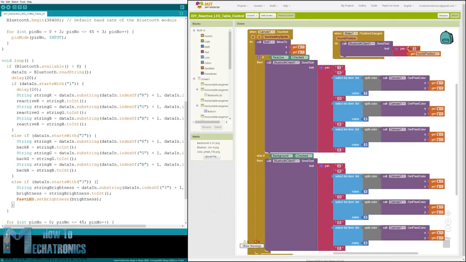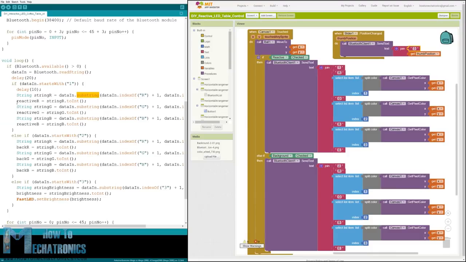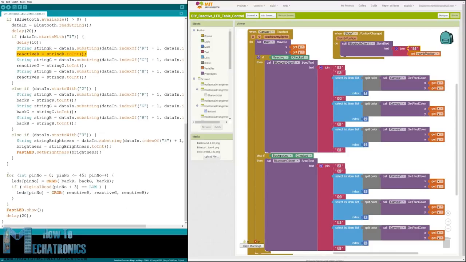Using the substring function, we extract the red, green and blue values from the received text and convert them into integers. These values are then used in the for loop below, which sets the color and lights up the LEDs as explained earlier. In the same way, we adjust the brightness of the